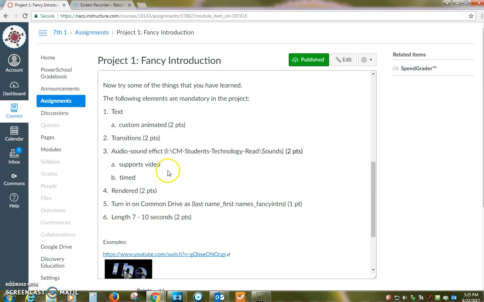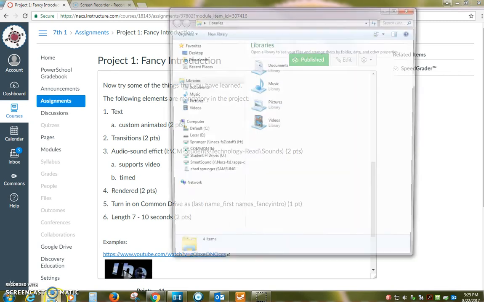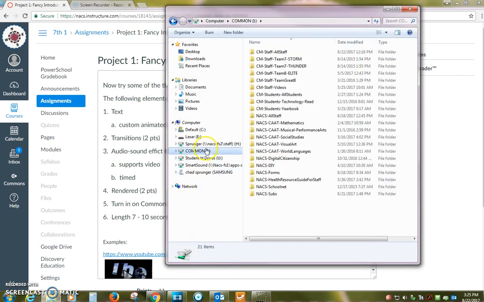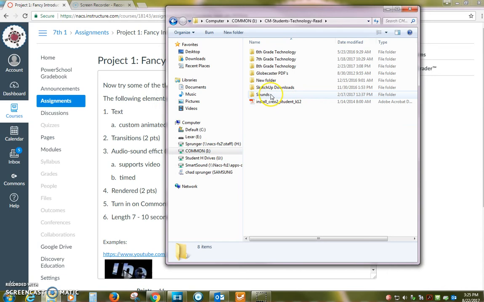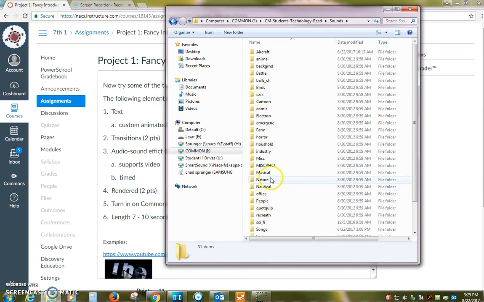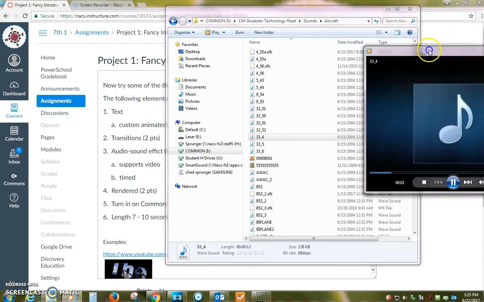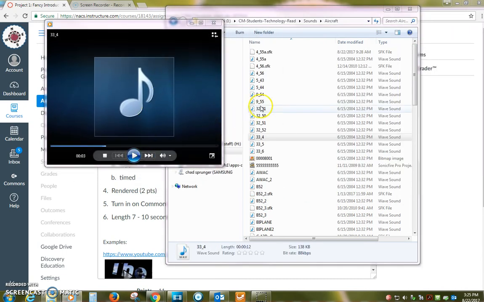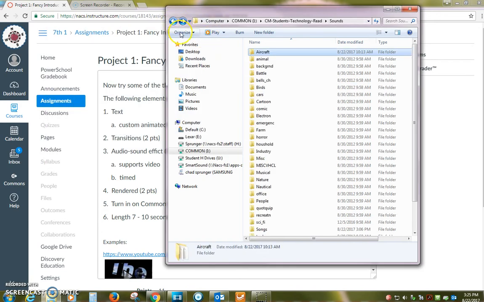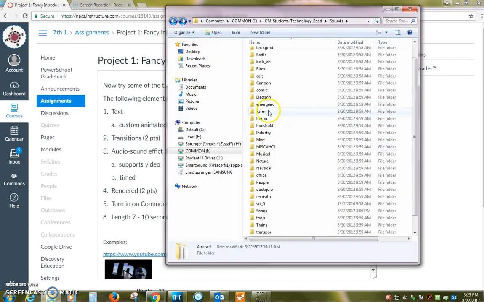Let's go back to Canvas. Audio sound effect. You need to match up a sound effect. So I'm going to give you a location for that. We're going to find that by going to Windows Explorer down here at the bottom. We're going to go to the Common Drive, Technology Read, Sounds, and then we're going to listen and try to find something. We could do like aircraft or something. Okay, there's different things in here. It's kind of loud. Let's see what else there is. How about